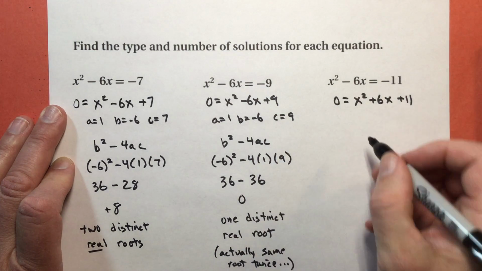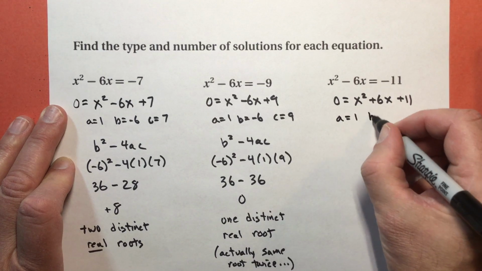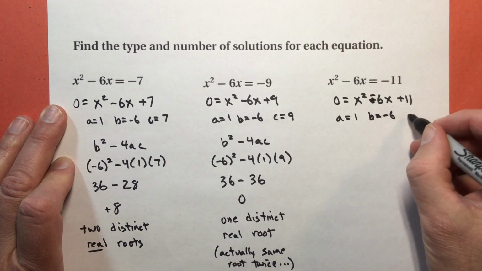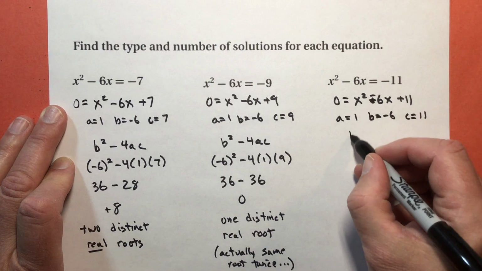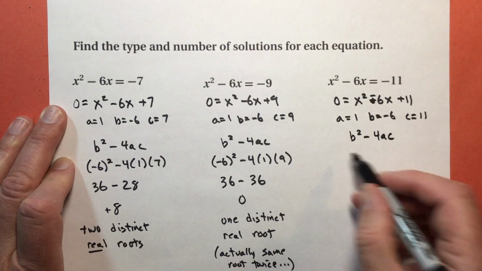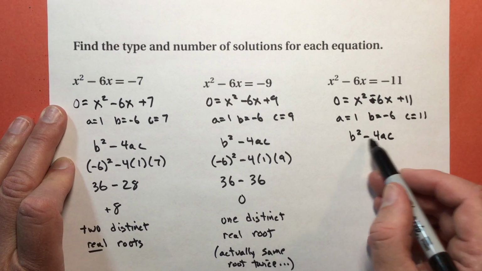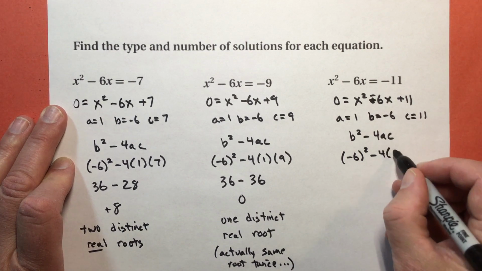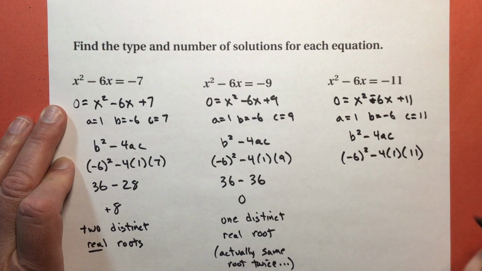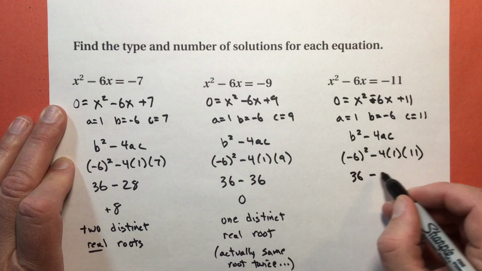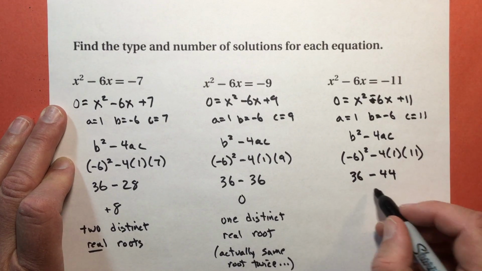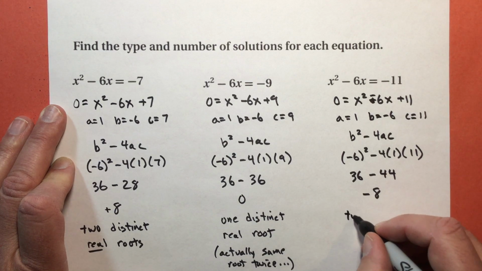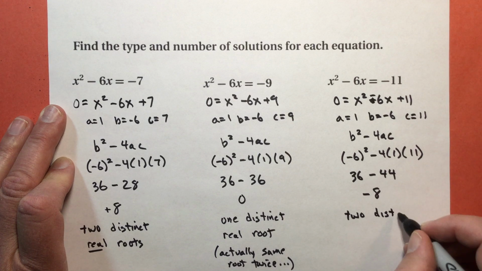Aha. So my A is still 1. My B is still, whoops, excuse me, that's negative 6. And my C is now 11. So discriminant is b to the second power, subtract 4 times a times c. I get negative 6 to the second power, subtract 4 times 1 times 11. I get 36, subtract 44, which is now going to be negative 8. That tells me that I get 2 distinct, so they're both different,